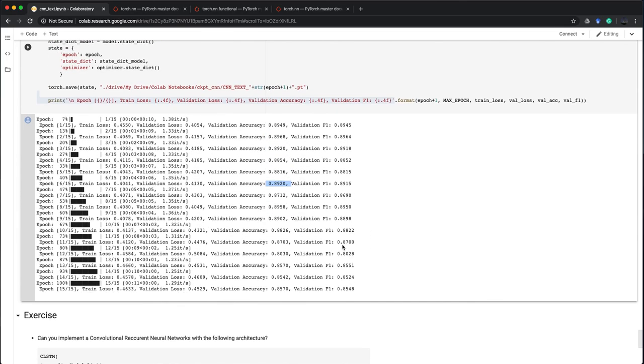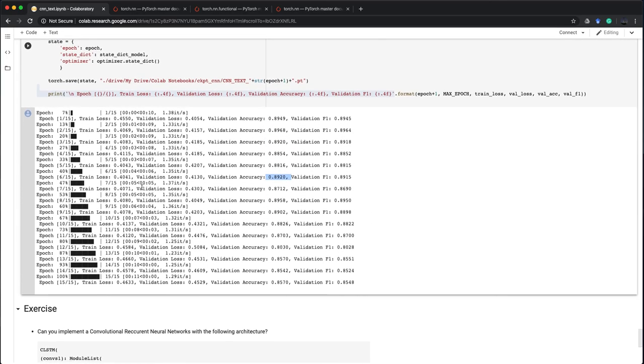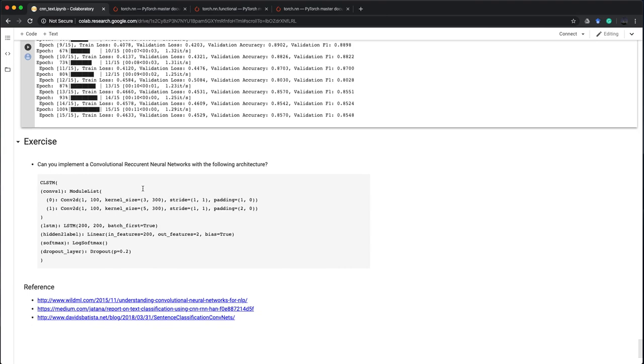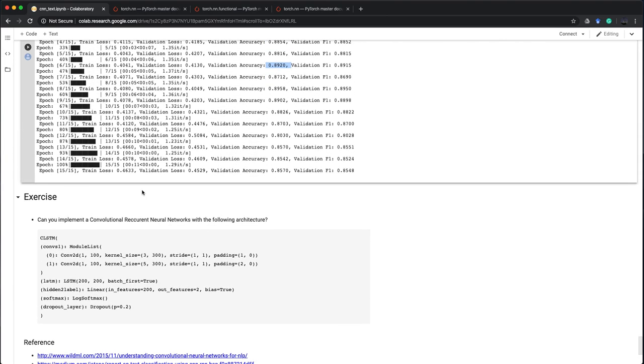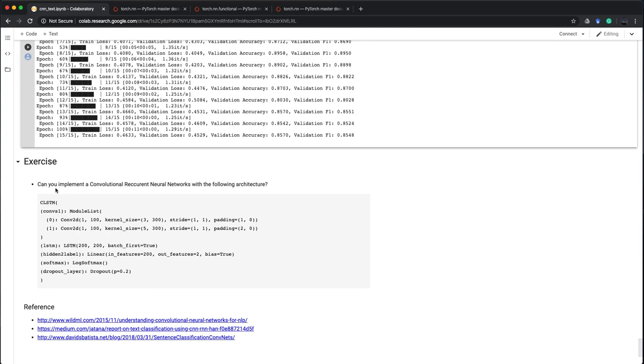That's all about the CNN application on natural language processing. I give you a small exercise so you can play with this architecture. This is not a homework, you just have fun,